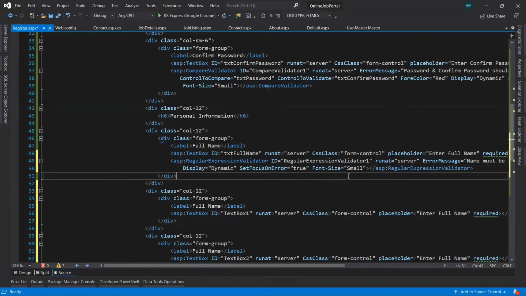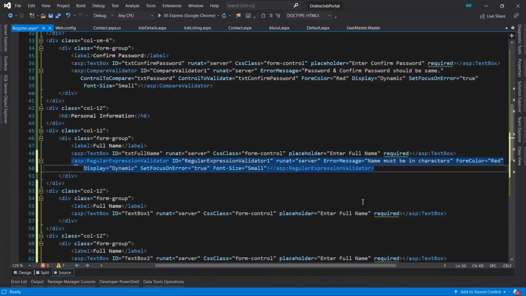Okay, but two more properties we have to give, that is validation expression. Now we have to provide an expression that is going to validate the value coming from this text box, txt full name. So the expression we are going to use here is